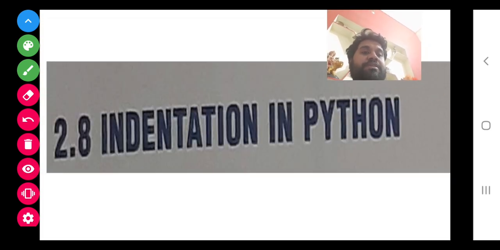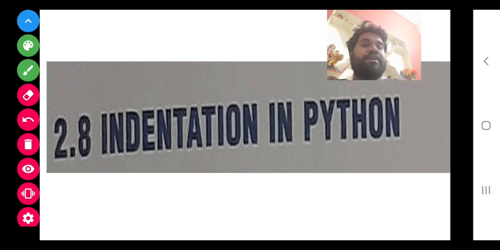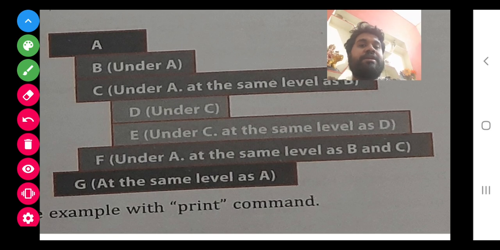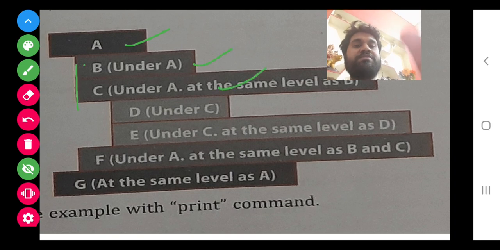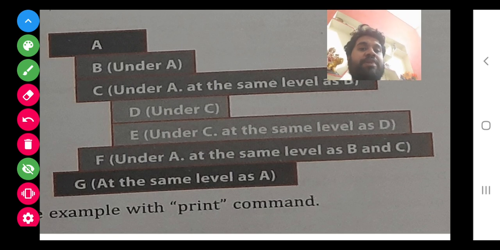Class, this indentation, as I have explained, we have to give equal indentation to whatever statements we write. Here this is our function, and within the function two statements are there, you have to write them in a single line. If under a statement two more are there, then you have to give a gap. If under that you are making another function, then you give an equal gap. This B, C is the statement of A, D is the statement of C, as I have shown you in the program also.